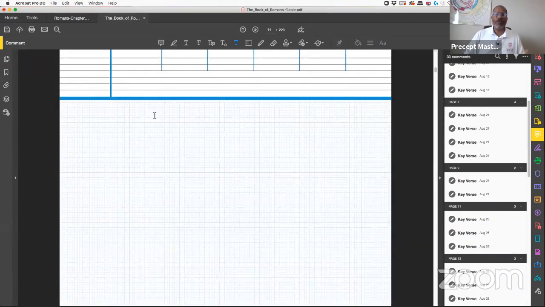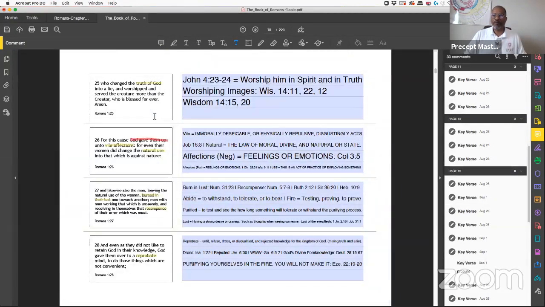So when you get here, you know what your focus should already be. That's why I was highlighting this stuff. We should already know what these focuses are. Same thing like burned in lust. We know the truth of God, who changed the truth of God into a lie. The truth of God turned into a lie.